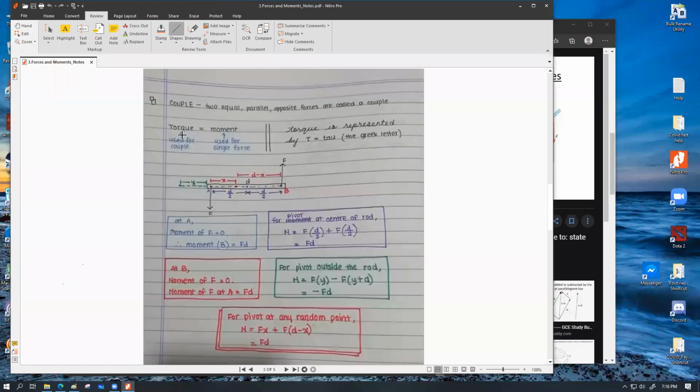Torque and moment can be used interchangeably. You can replace the word moment at any place where you are supposed to use the word torque, and vice versa. The only key